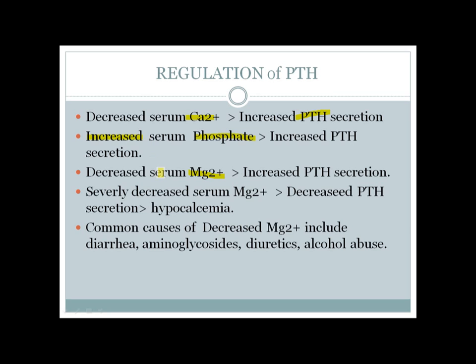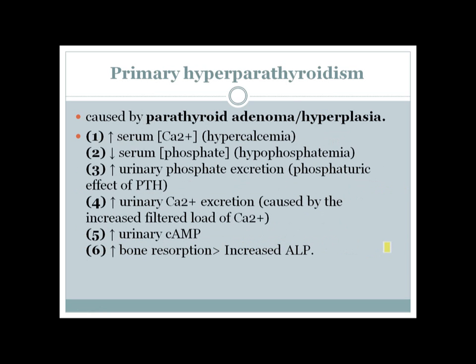In the case of magnesium, it actually has two effects. Whenever someone has a mild to moderate decrease in magnesium, it will lead to increased parathyroid hormone secretion. But if the magnesium is severely decreased, it will lead to decreased parathyroid hormone secretion, which is actually paradoxical. Decreased serum magnesium can occur in diarrhea, aminoglycoside therapy, treatment with diuretics, and also in alcohol abuse. So let's first talk about the